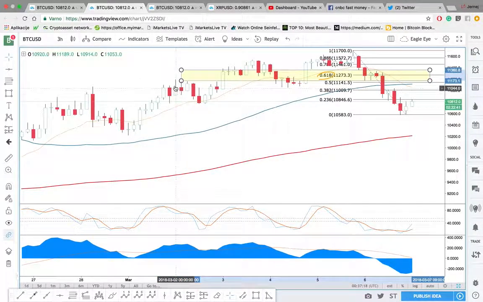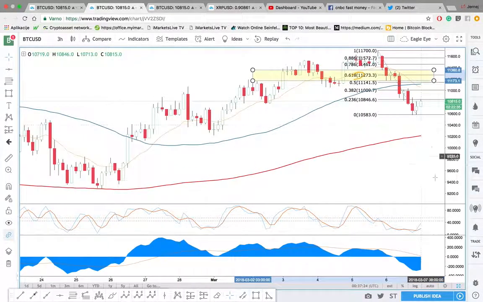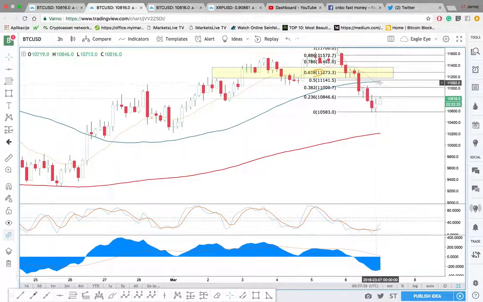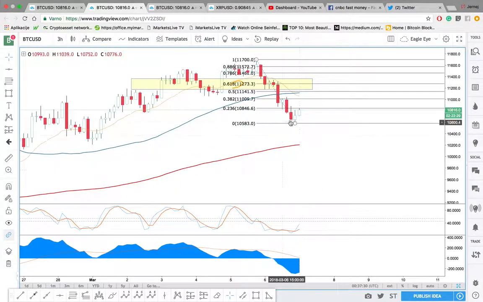You can see the previous highs here and then the previous swing high. So this is a resistance now, and also you have the 50 MA here as a resistance. So one thing I think could happen is this goes here and then starts to go lower, or you can just break through this, because we can see a few